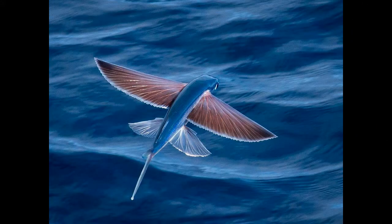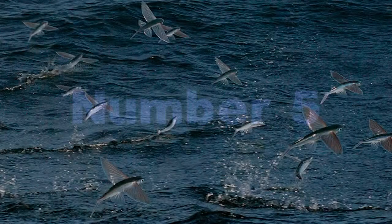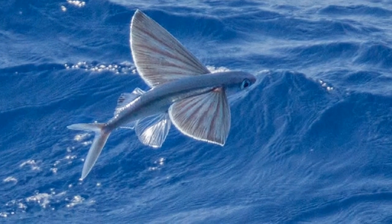Five strangest defense mechanisms in nature. Number 5. Flying fish. There are many creatures with the power of flight, but this feature is generally not attributed